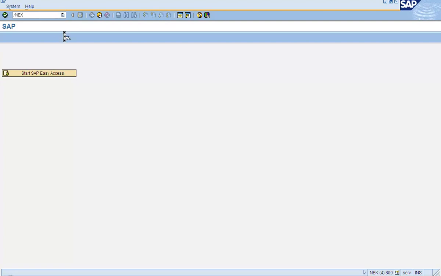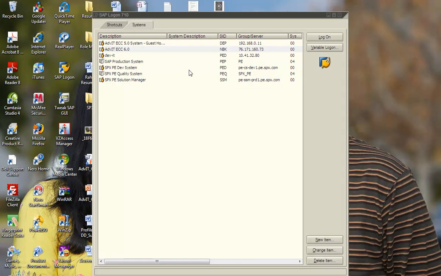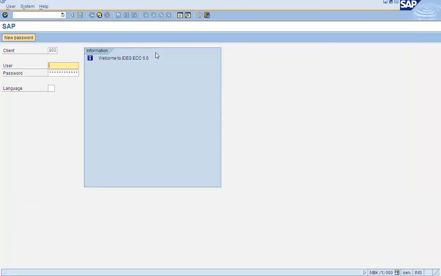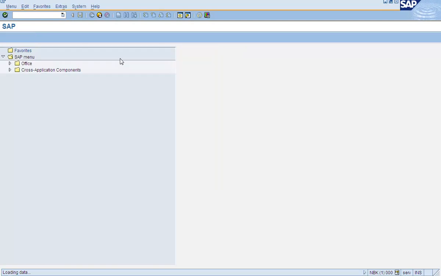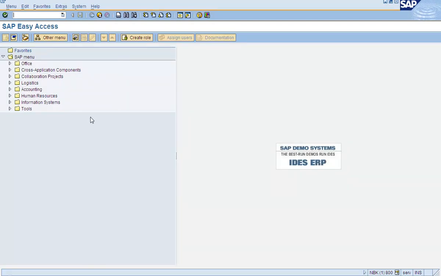Or no, /nex. Oops, it all vanished. So I've totally logged off. If you do /nex, it totally logs you off. But /n is different. So you understood these icons?